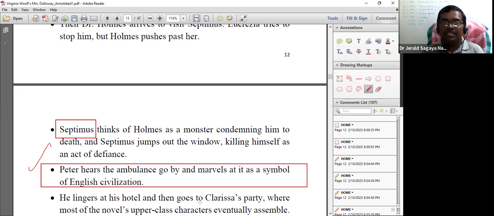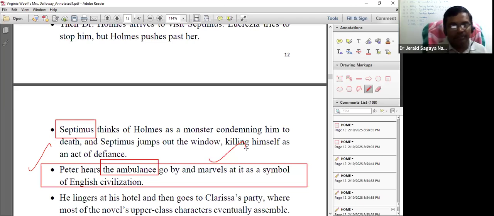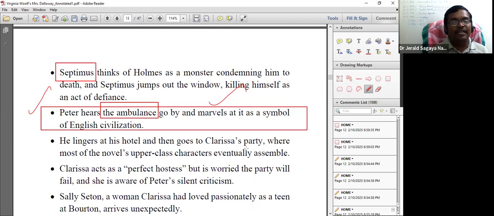அவர் வந்து இந்த ஆம்புலன்ஸ் ஒன்று கேட்கிறாரு, but he is not worried about the man who is inside. Oh, what happened? Who is being taken? அப்படின்னு worry பண்ணிக்காம, look at the English man's behavior. அப்படின்னு கேட்டீங்கன்னா, he marvels at the ambulance as a symbol of English civilization. And then you find Peter lingers at the hotel and then goes to Clarissa's party, and where there are everybody in perfect form, where Clarissa acts as a perfect hostess,